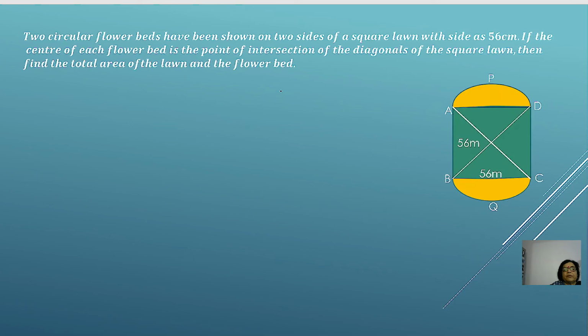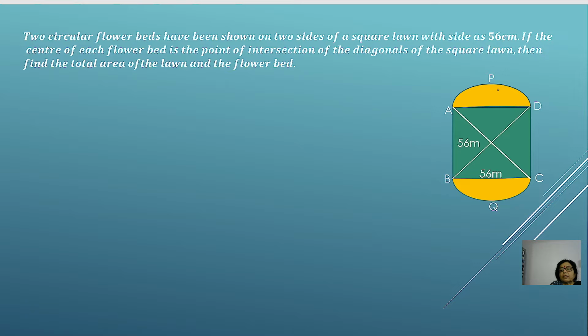Now in this question, we have a garden over here, a square shaped garden, and this is the ABCD, this is the lawn area over here, and these two are flower beds over here. So we need to find over here the total area of the lawn as well as the flower bed. Only the measurement of the side of the square is given, that is 56 meter. Now, in order to calculate the area of the total garden, we must understand that these regions over here, these are segments over here, not